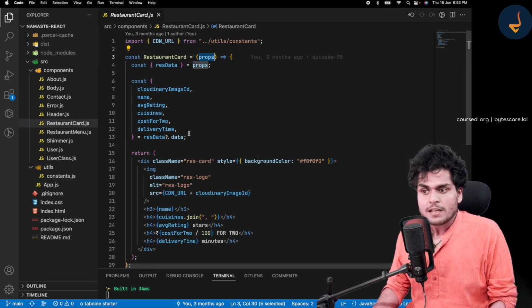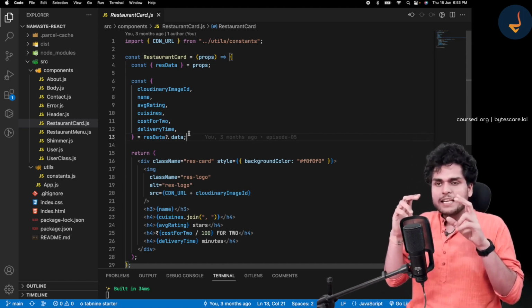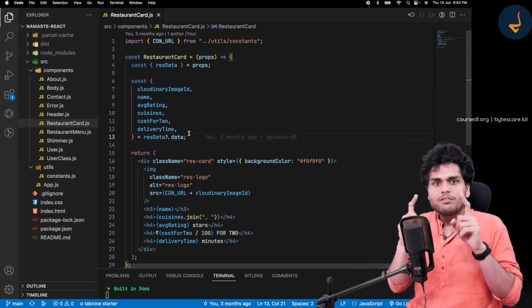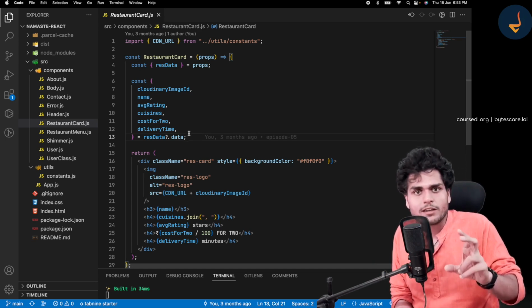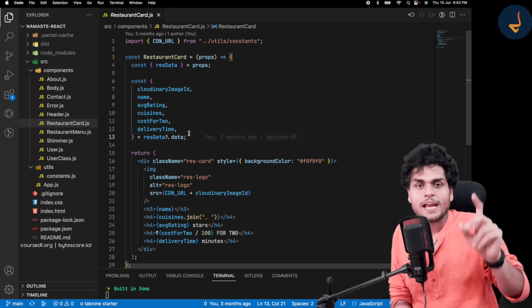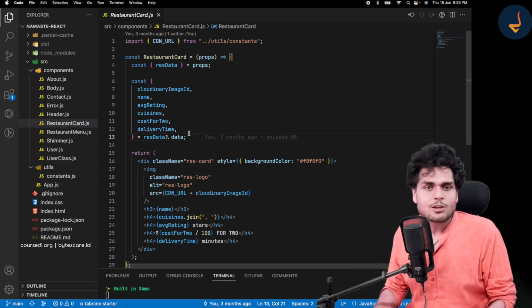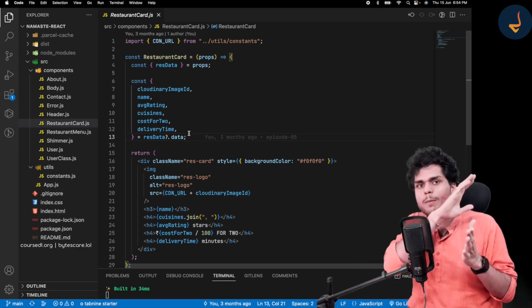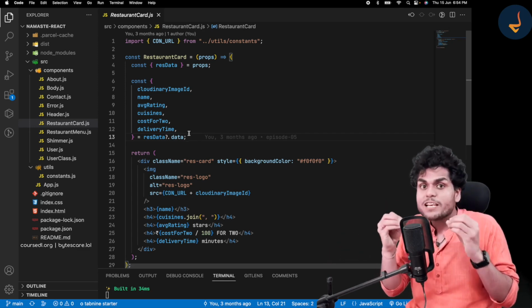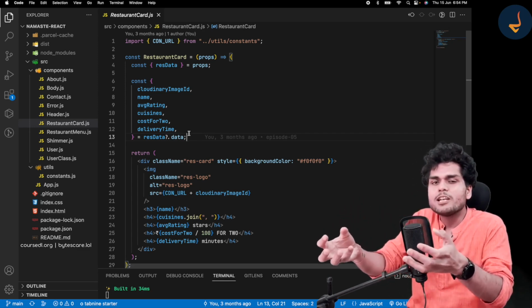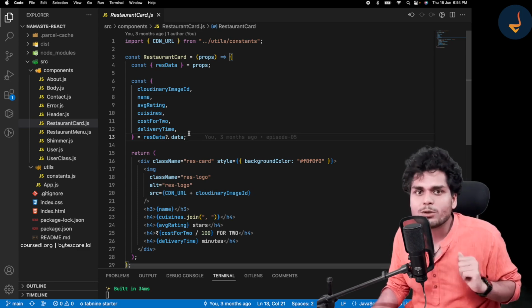Now I'll show you a component that can be optimized a little more to have just a single responsibility. And I'll introduce you to an important concept: custom hooks. We will now create our own custom hooks. So you know what hooks are, right? Do you remember what hooks were? Hooks are basically normal JavaScript functions, but special JavaScript functions which are given to us by React.